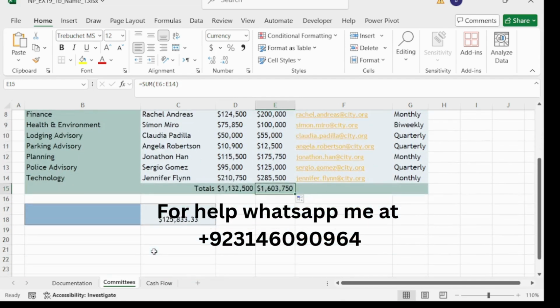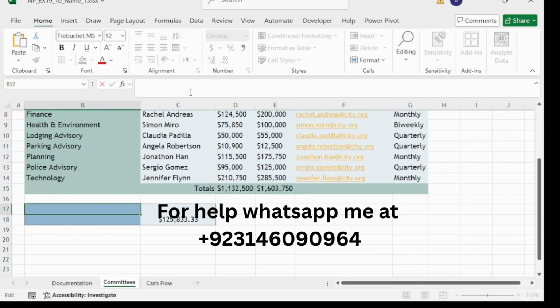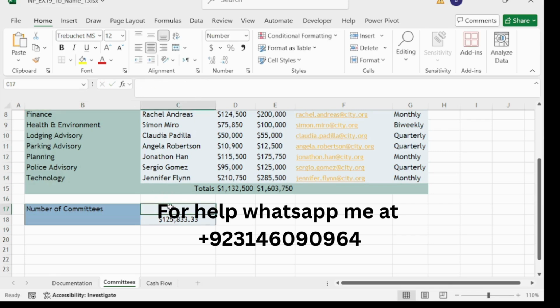In cell B17, this is cell B17, and type Number of Committees, double T double E-S, committees. And our step number 10 is in cell C17. This is cell C17.